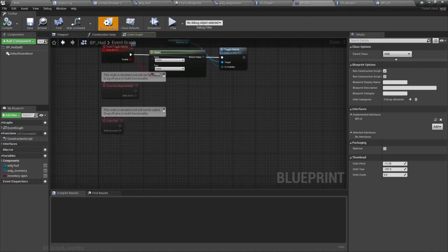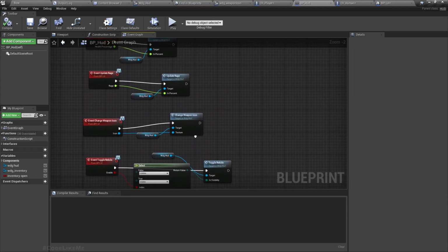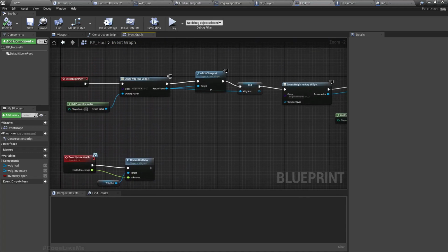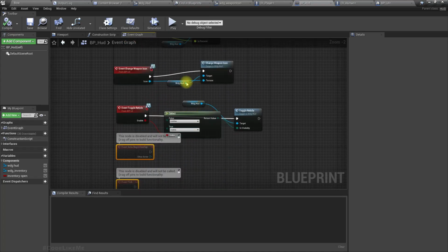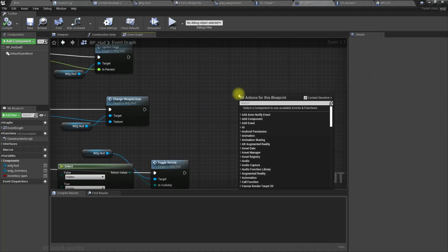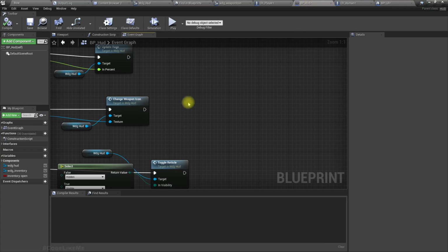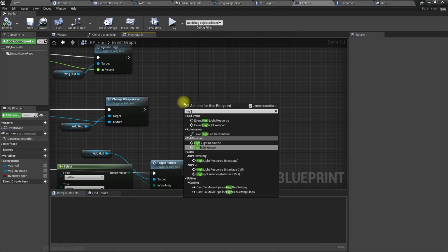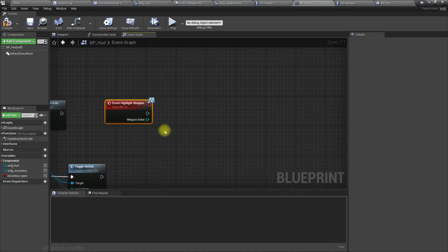Right, now in the HUD I'll implement it right next to the change weapon icon event. What's the name I just defined? Highlight weapon, right? Event highlight weapon. Now this is HUD